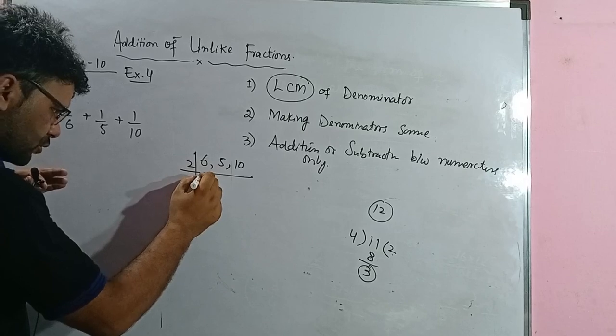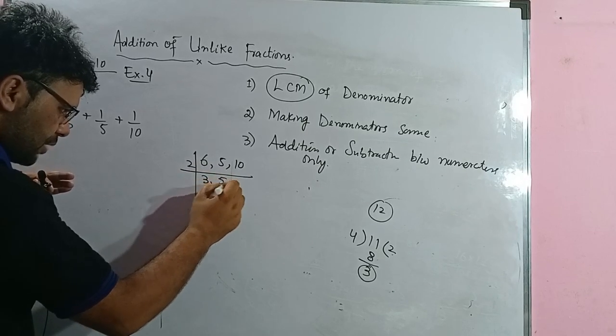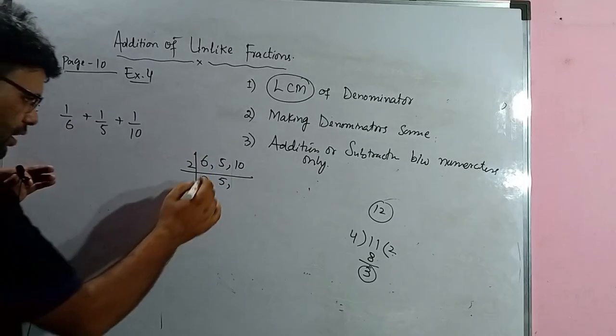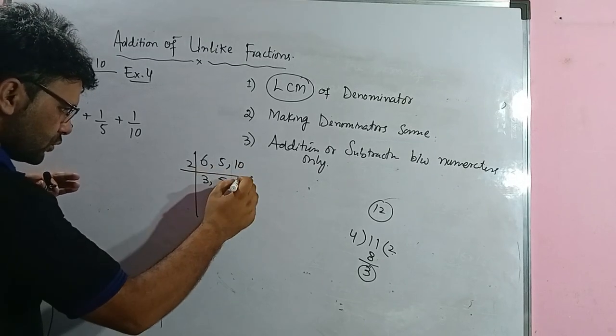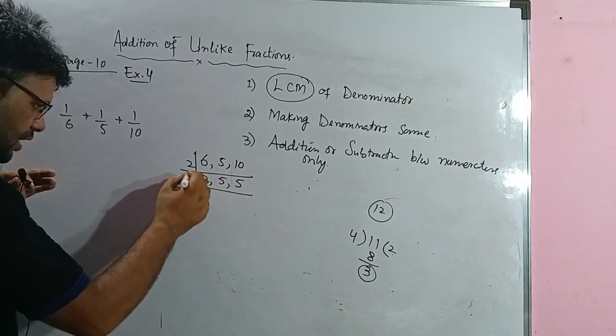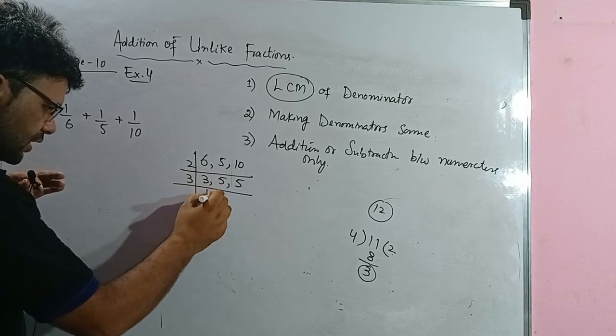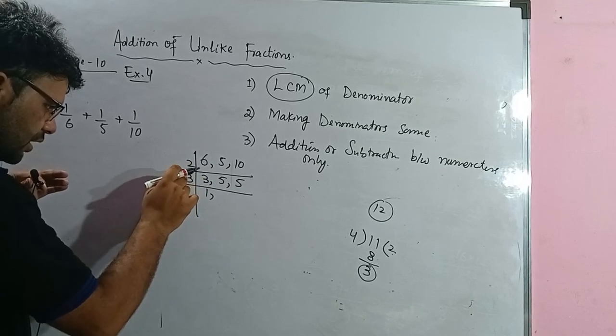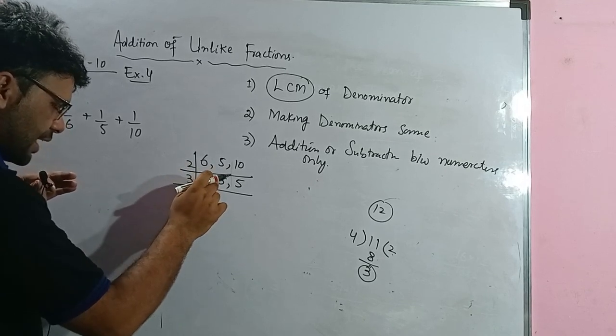6 comes in the table of 2. 2 3s are 6. 5 does not come, so I will write it as 5. 10 comes, 2 5s are 10. Then I will start with 3. 3 1s are 3. If I start here with 2, there is no number that comes in the table